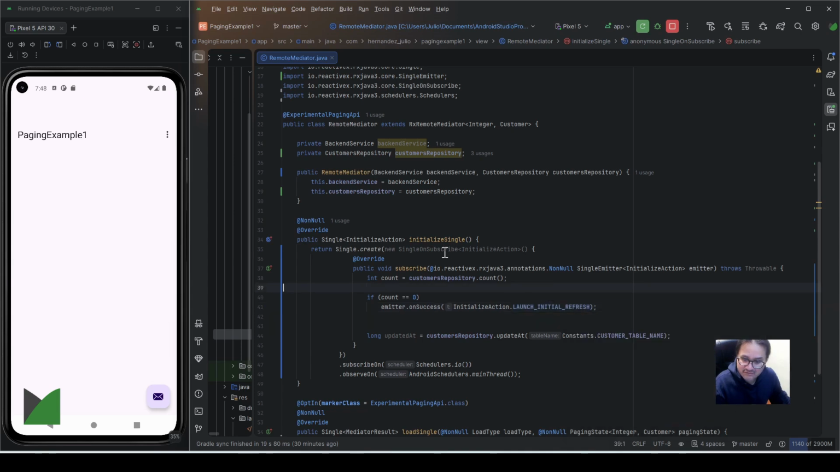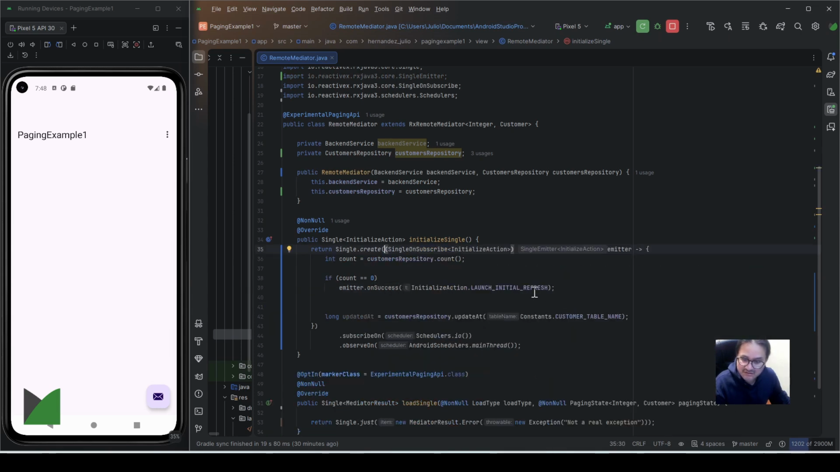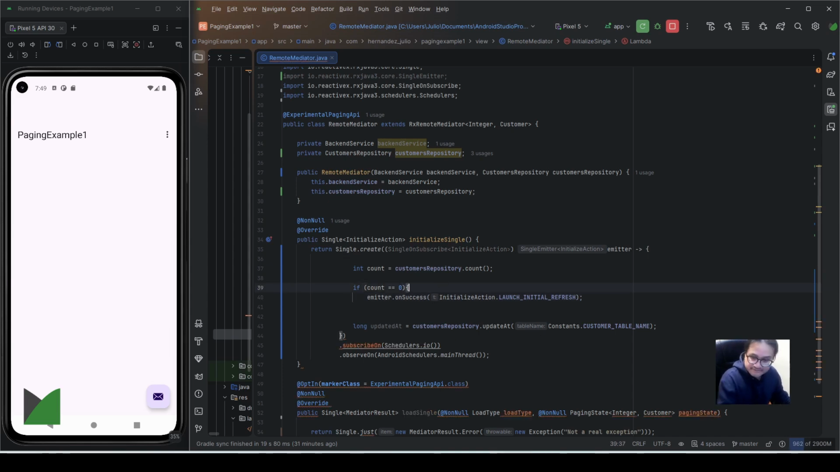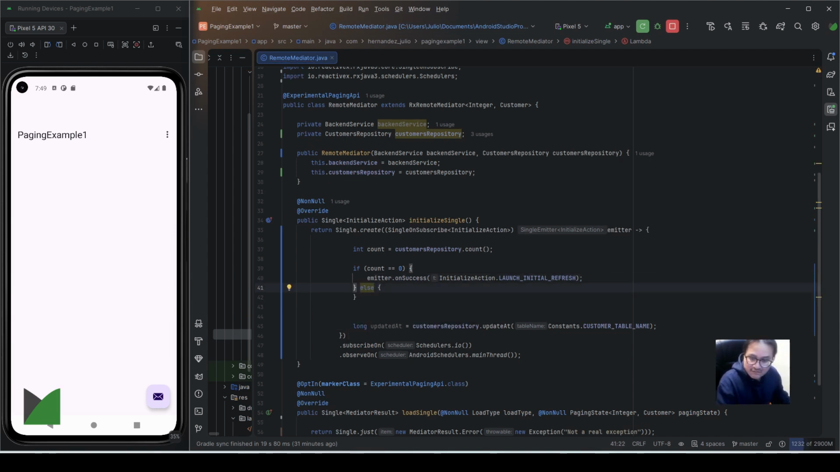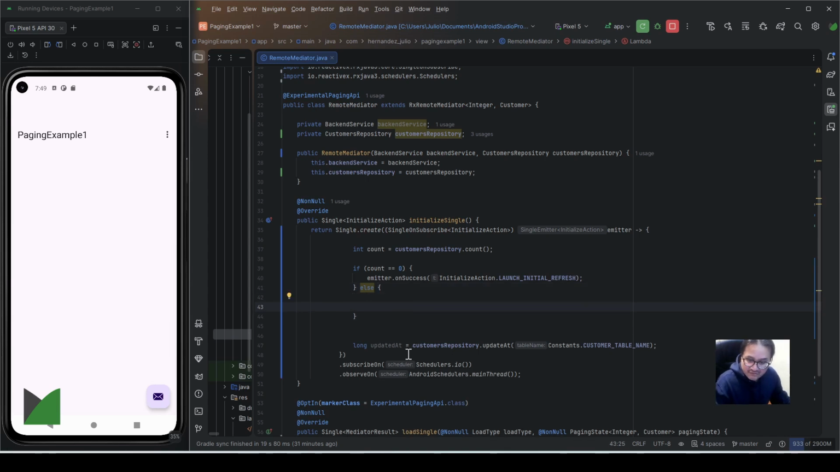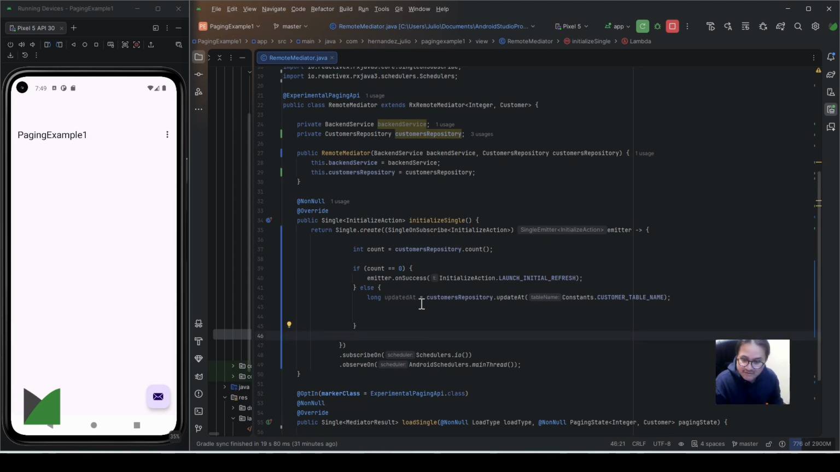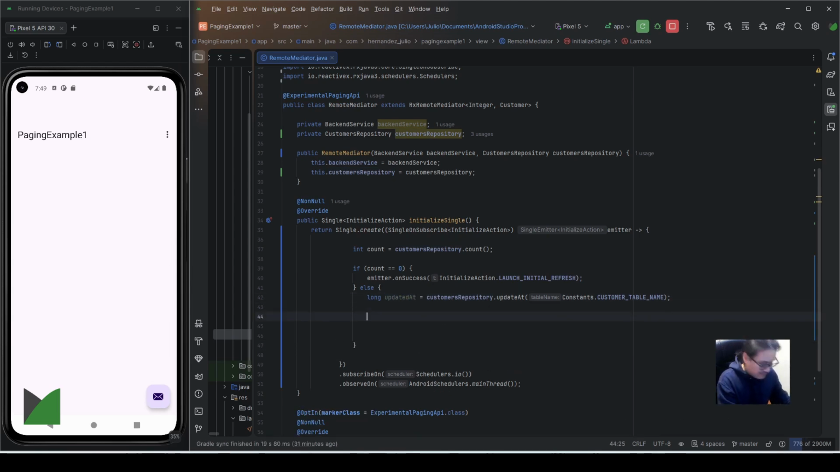So I think I need to remove this and replace it with the lambda here. Replace with the lambda. And I can run this here. So if count is equal to 0, then, if not, else. If not, I need to check the last time this table was updated. So update that, and if